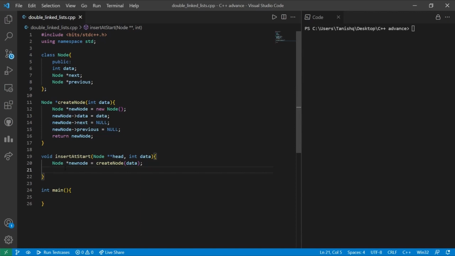As we are supposed to insert the node at the start, if the head is equal to null, then we are supposed to directly initialize the new node as the head.